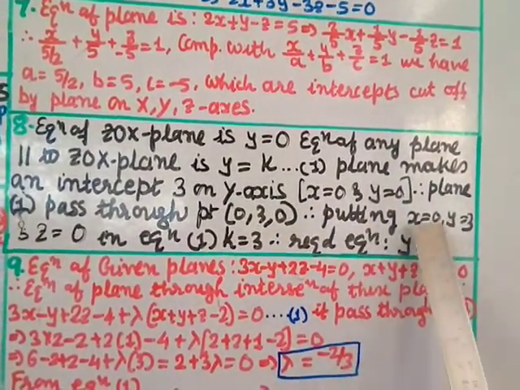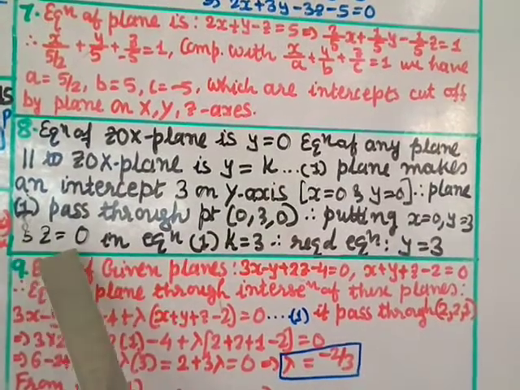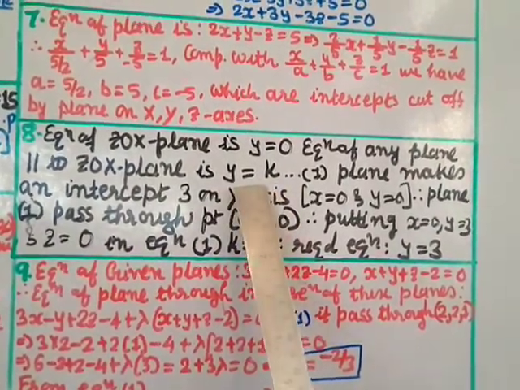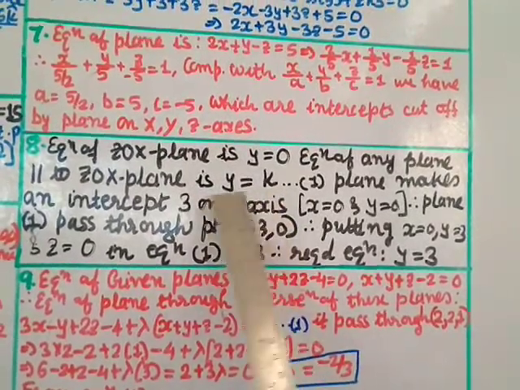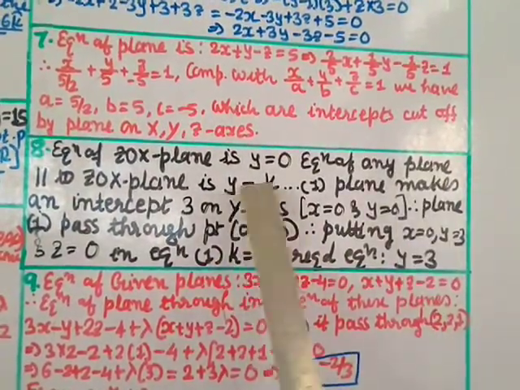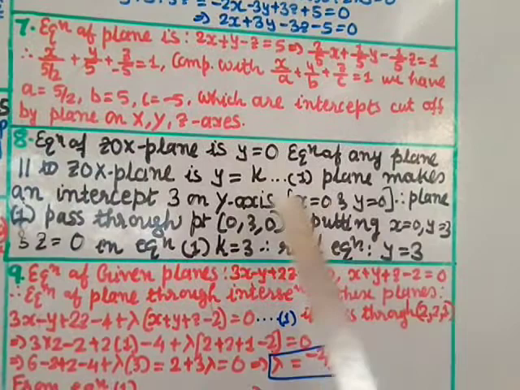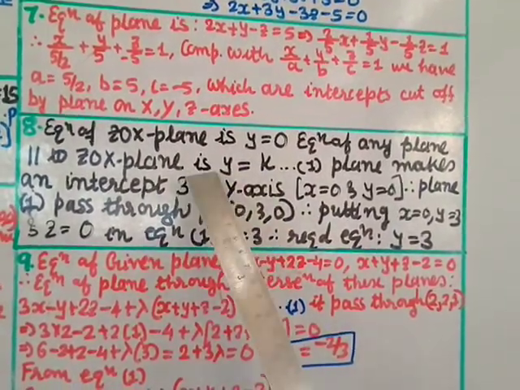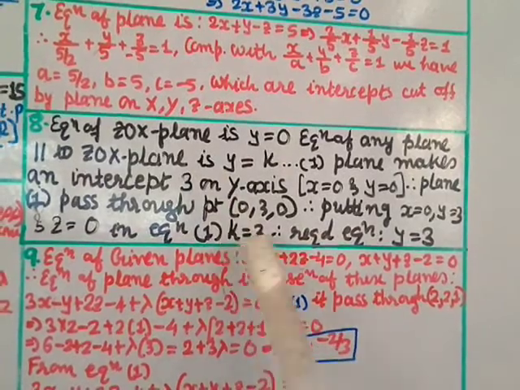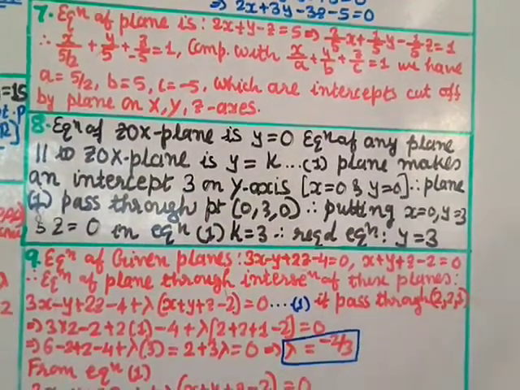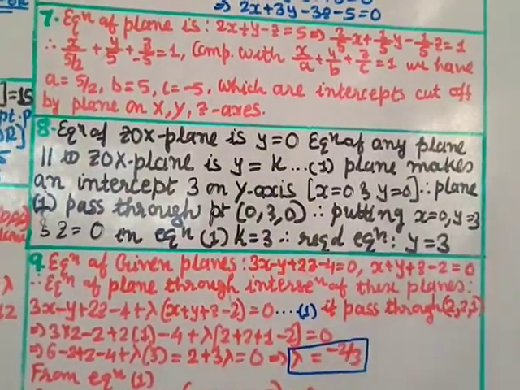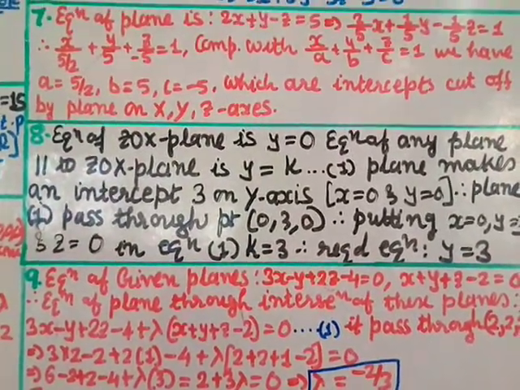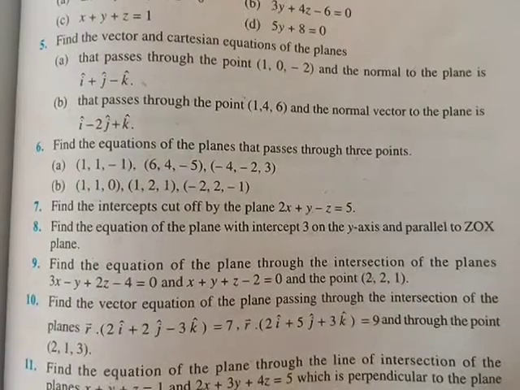Therefore, putting the values x equal to 0, y equal to 3 and z equal to 0 in equation 1 here, there is no x and z component or coefficient, therefore it will be 0, only y equal to 3. So k here, if you put 3, k value will come as 3, right? Therefore the required equation will be y is equal to 3. That will be the equation which they asked us to write, y equal to 3.